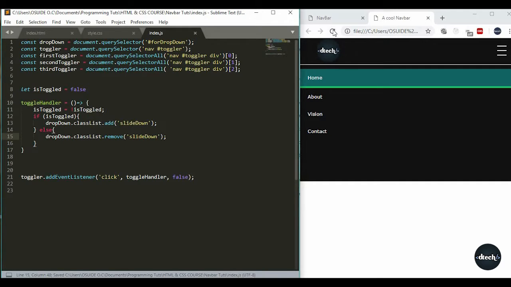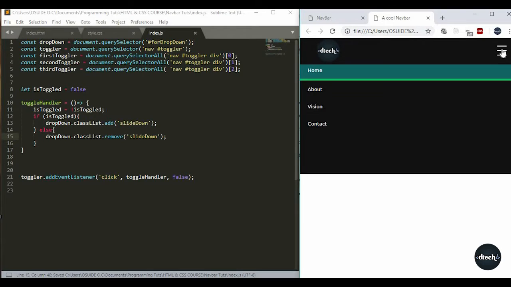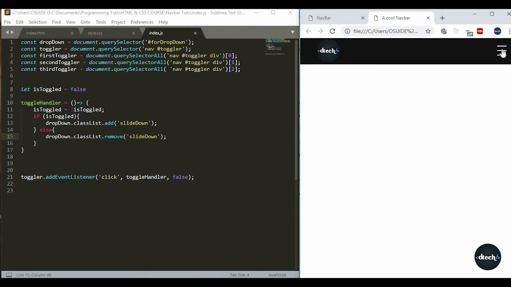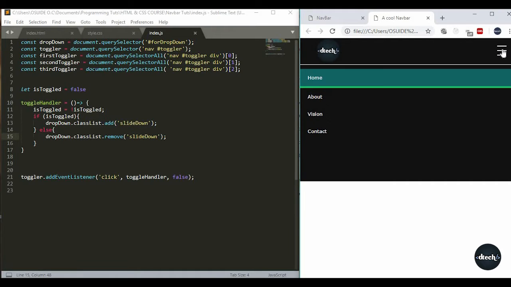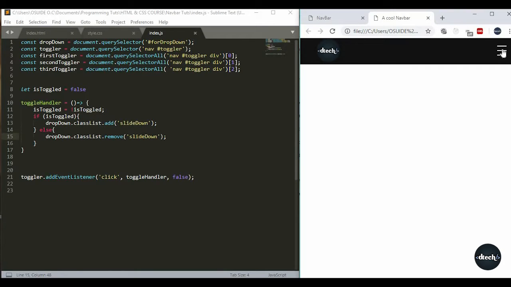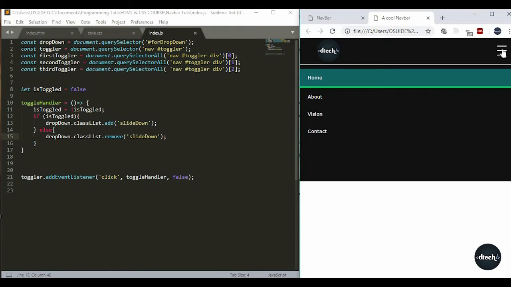So save this, we reload the page, we click on it, slides down, click back, slides up. So you can see we've already created a really cool navbar and it's working really fine. So if you're satisfied with this just being normal, well, you can end this video here, but nope, we want